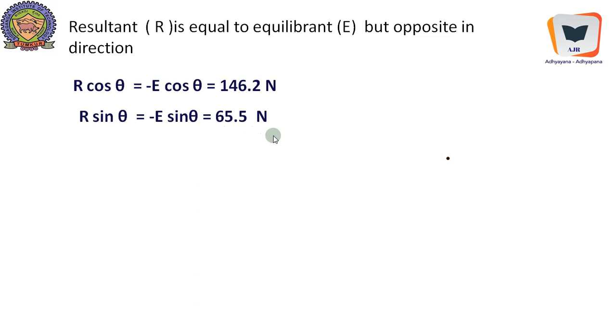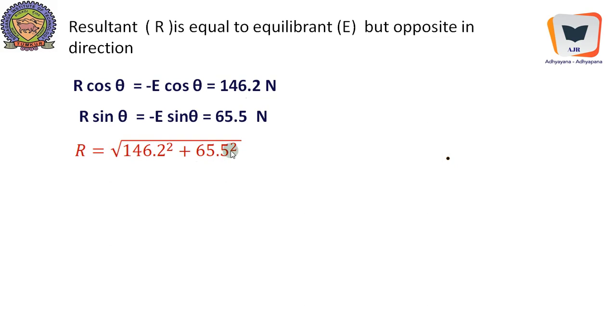And we know fully well that sigma fx is r cos theta, and it is here r cos theta. The horizontal component of the resultant should be equal to the horizontal component of the equilibrium with a negative sign. Therefore r cos theta equal to this much, and in the same token r sin theta equal to this much, which is equal to minus e sin theta. Therefore r equal to square root of 146.2 whole square plus 65.5 whole square, because if we square this, r square into cos square theta plus sin square theta, that will become 1, and what we will be left with,